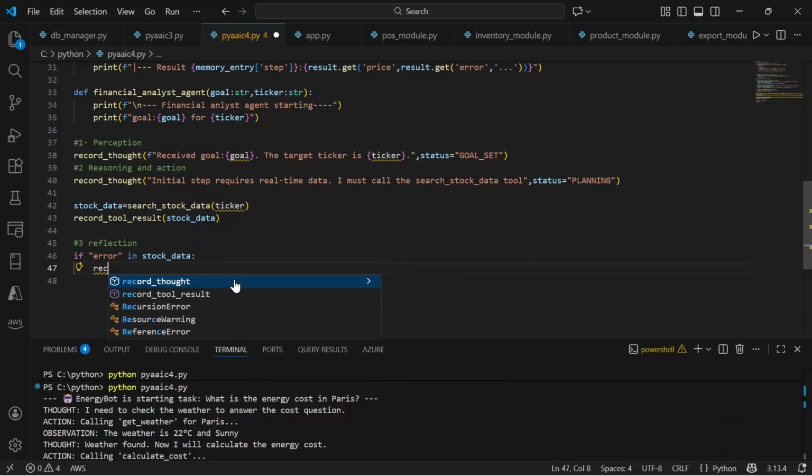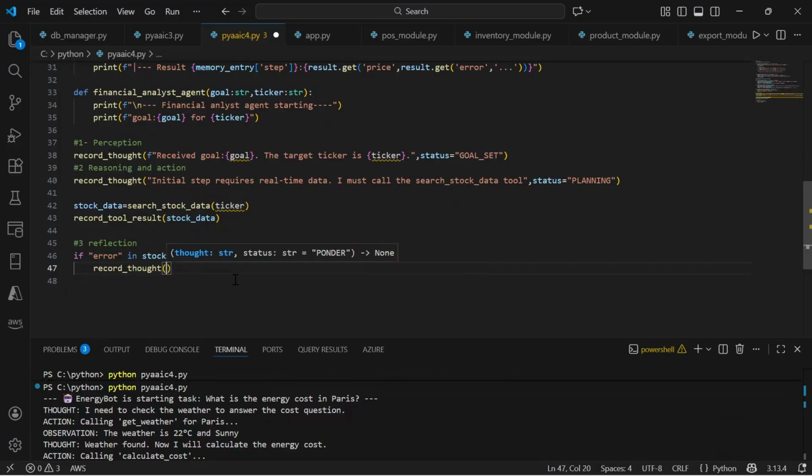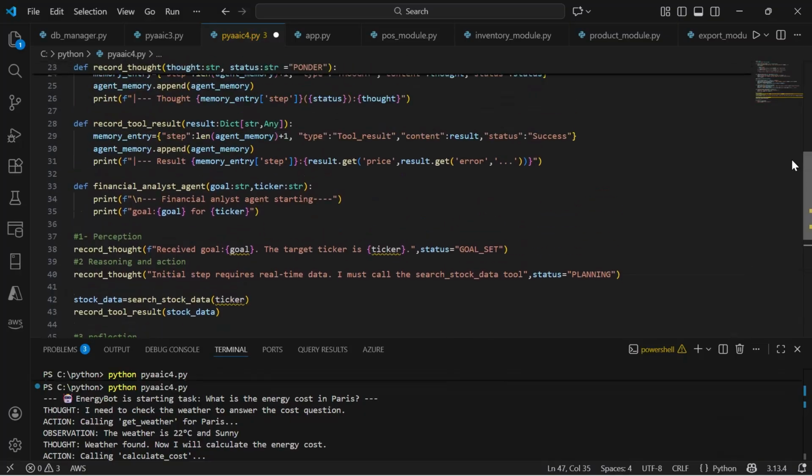So record thought, tool failed. And then we'll provide which particular tool failed. Within the stock data we have created a loop for error, right? So if you remember, under the stock